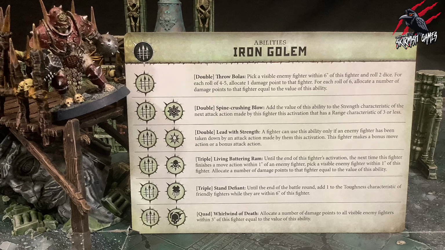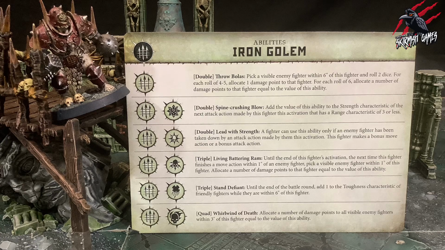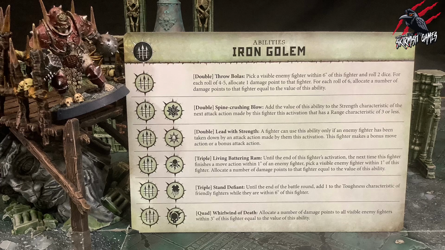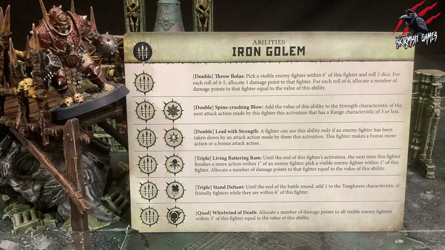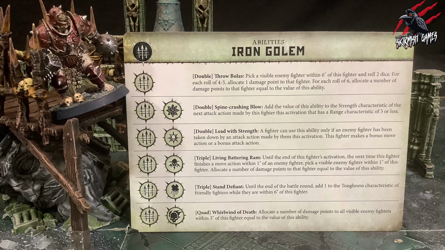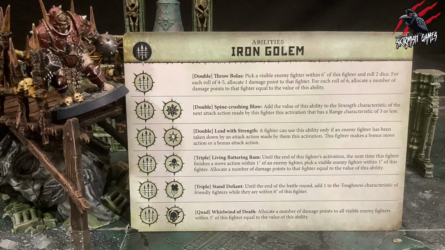Then allocate a number of damage points to that fighter equal to the value of this ability. So if you're getting 666s, 555s here, you're just going to deal some damage instantly, no messing around, and a pretty good triple. I think it fits in with this guy for sure, and I really like the Ogre Breacher. I think he's awesome. And if you could have 2 of these in the warband, it would be even better,